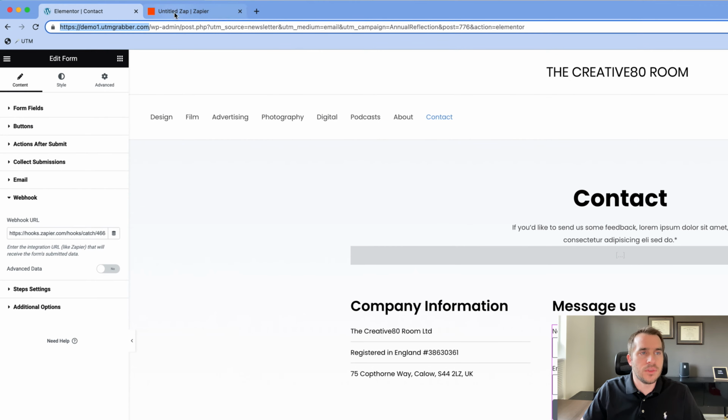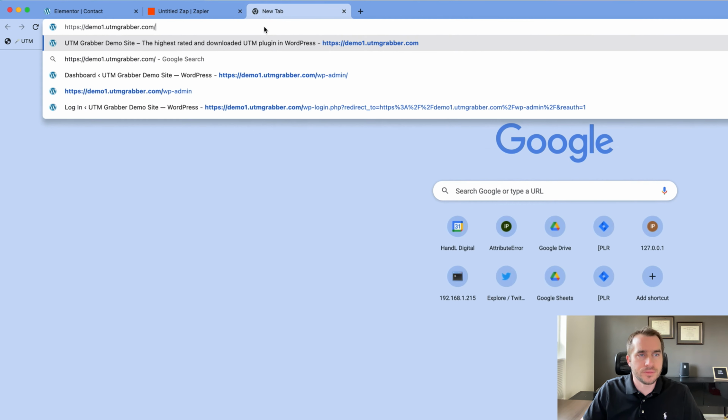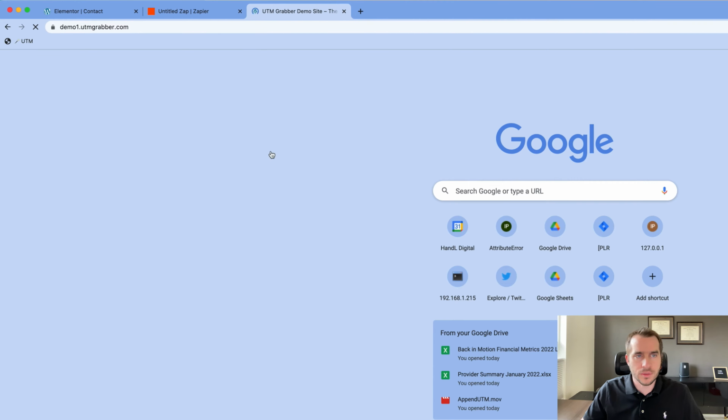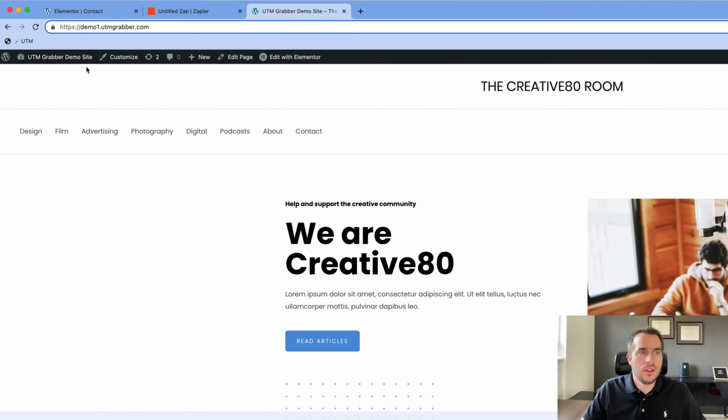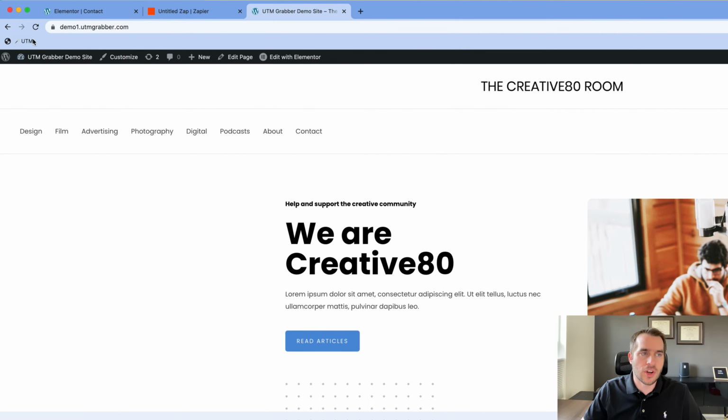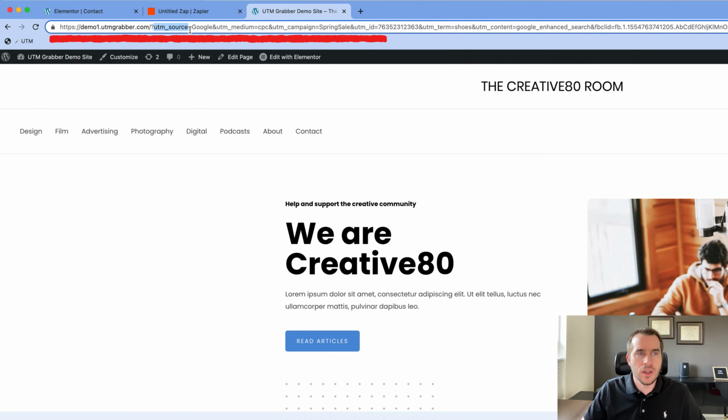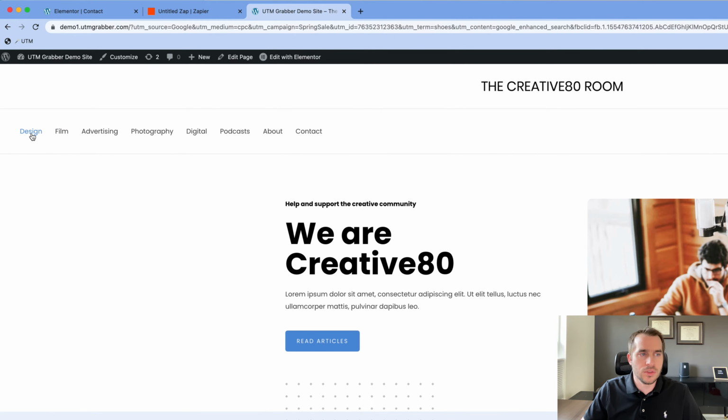Let's do some simulations. Go to our website. Let's start with appending some UTM parameters into my URL so we can see how the tracking works. So I have a button here which adds all the UTM parameters. As you can see in the address bar, UTM source is Google, medium is CPC, campaign is spring sale, so on and on. So let's go to design,